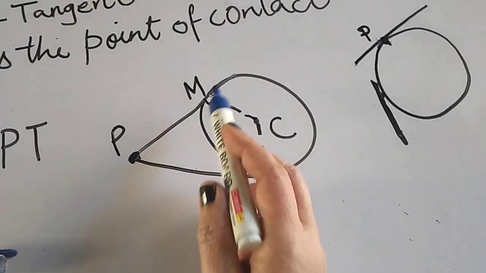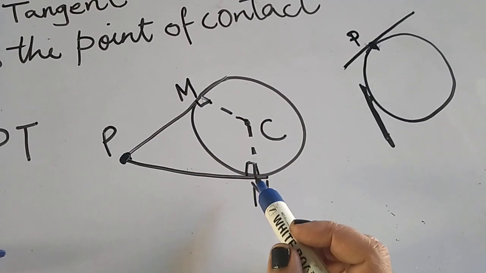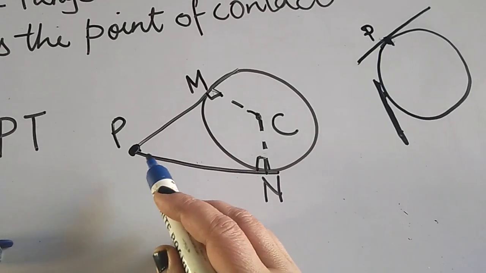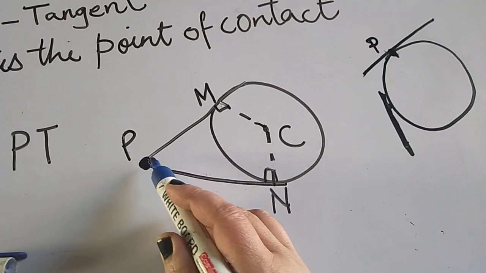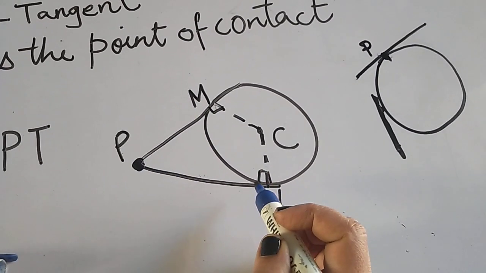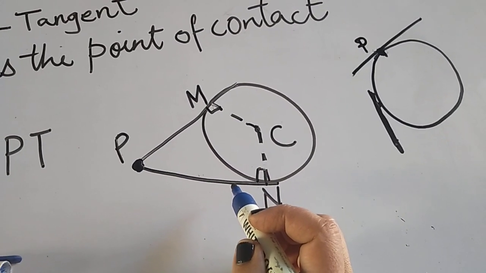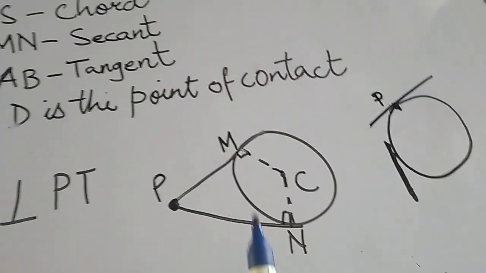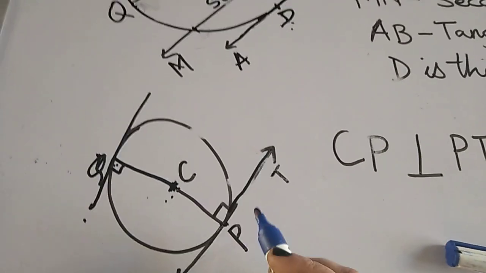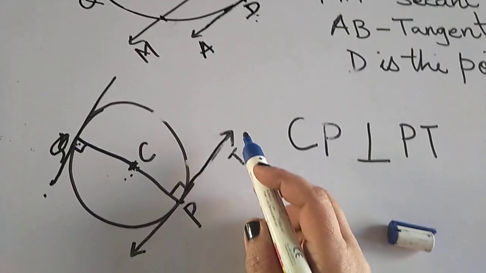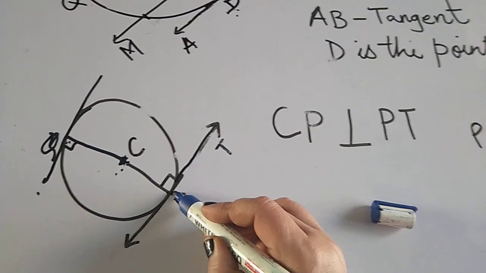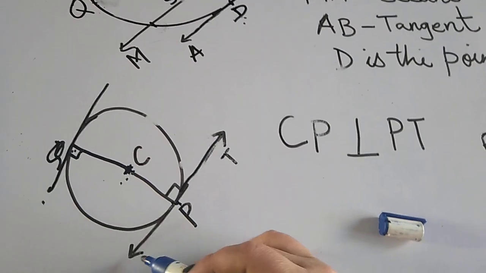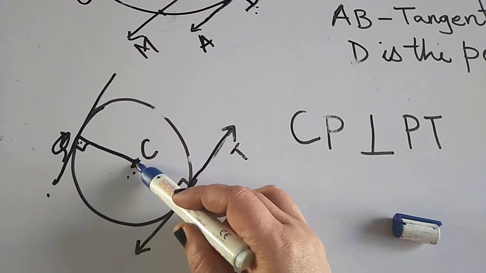Two tangents PM and PN are the two tangents that can be drawn from the point outside the circle. And both these tangents are equal. I hope it is clear. Again, what is a tangent? A tangent is a line that touches the circle at one point. The point at which it touches is called the point of contact. A tangent is always perpendicular to the line from the center of the circle.